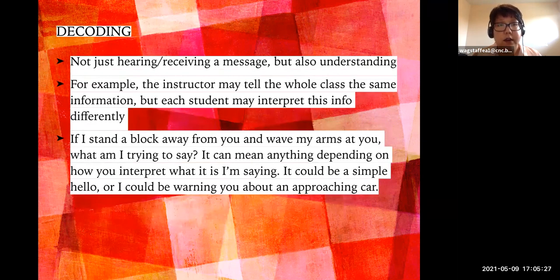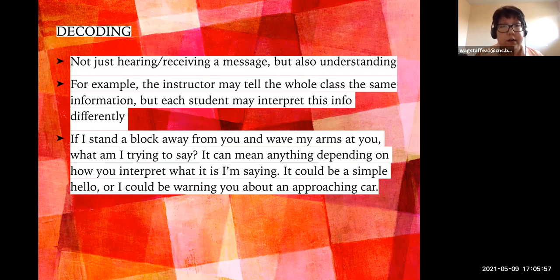So, decoding. Decoding is sort of the opposite end of encoding. With encoding, we were the messenger and we were sending the message to a receiver. And now decoding is on the other end, the receiver who is getting the message from the sender. So you want to be able to not just hear or receive a message, but also understand what it